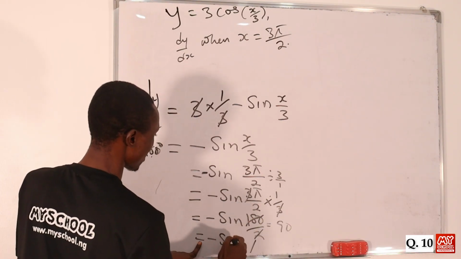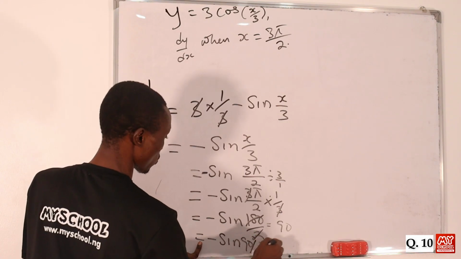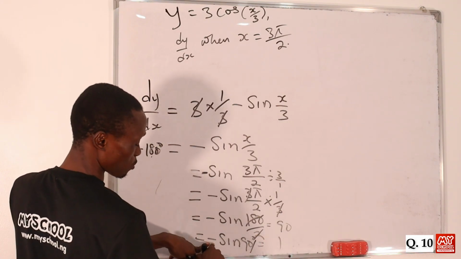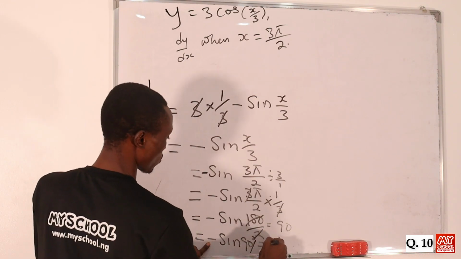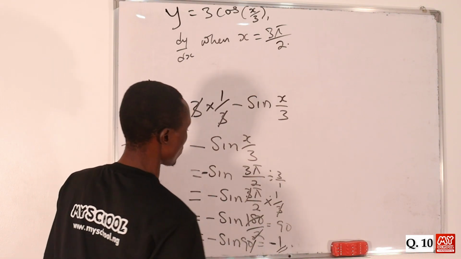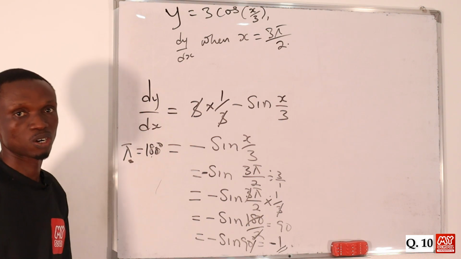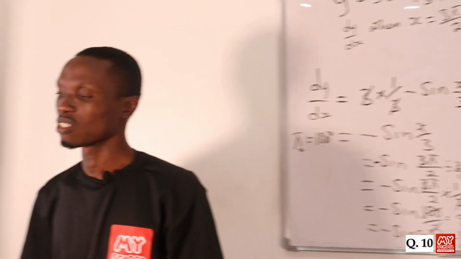Okay, remember that sine 90 degrees is equal to 1. So 1 times minus 1, which is this minus here, will give us minus 1. Okay, so let's return back to the screen to pick the correct answer to this question, and that is option